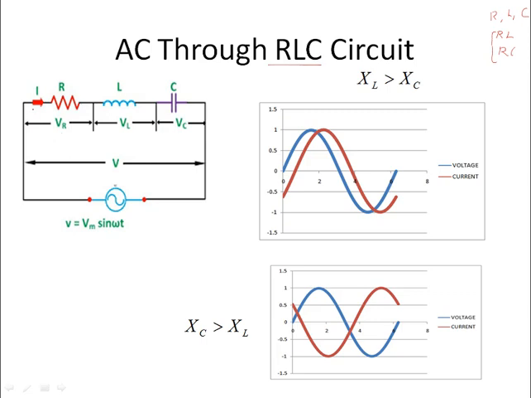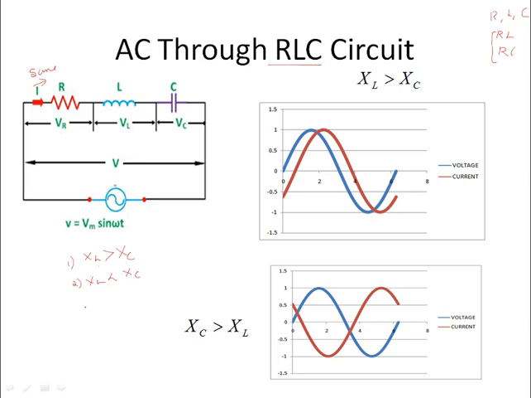the current I is the current flowing through it, and the current is the same throughout the circuit since it is series in nature. So this is the applied voltage V equal to Vm sin omega t. So two conditions can exist if you draw the waveform, right? Either you'll have XL greater than XC, that is, inductive reactance is more compared to XC, or the second case is XL is less than XC.